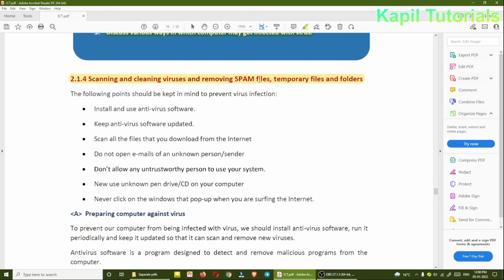The files which are not of our use, which are just taking up space in our computers, so we have to delete them. The temporary files are also like that. When we are installing some software, many files are downloaded which are beneficial for installing the software, but afterwards they are of no use, so we have to delete them. In the same way, folders also. So how to do that?